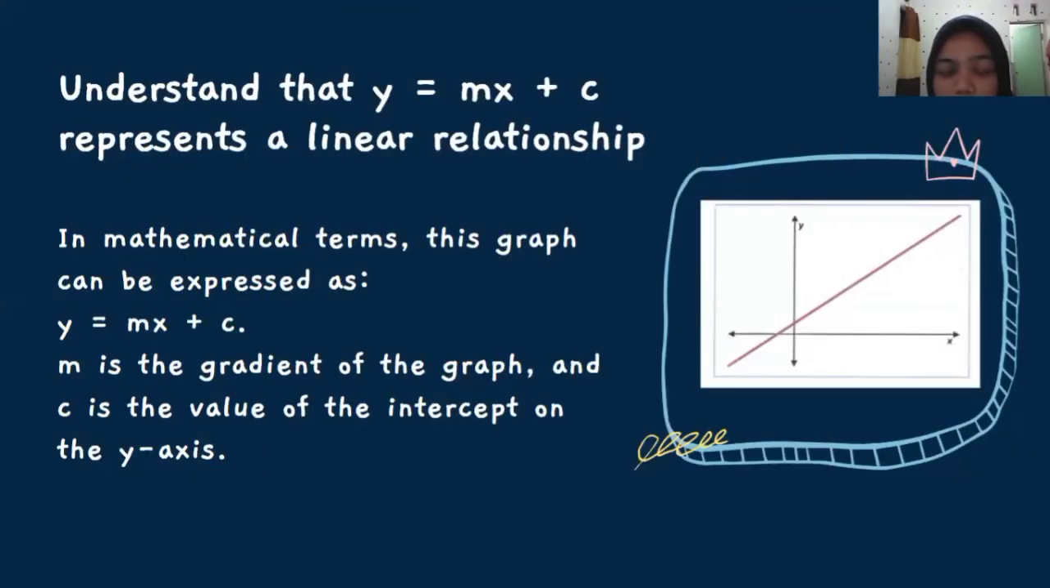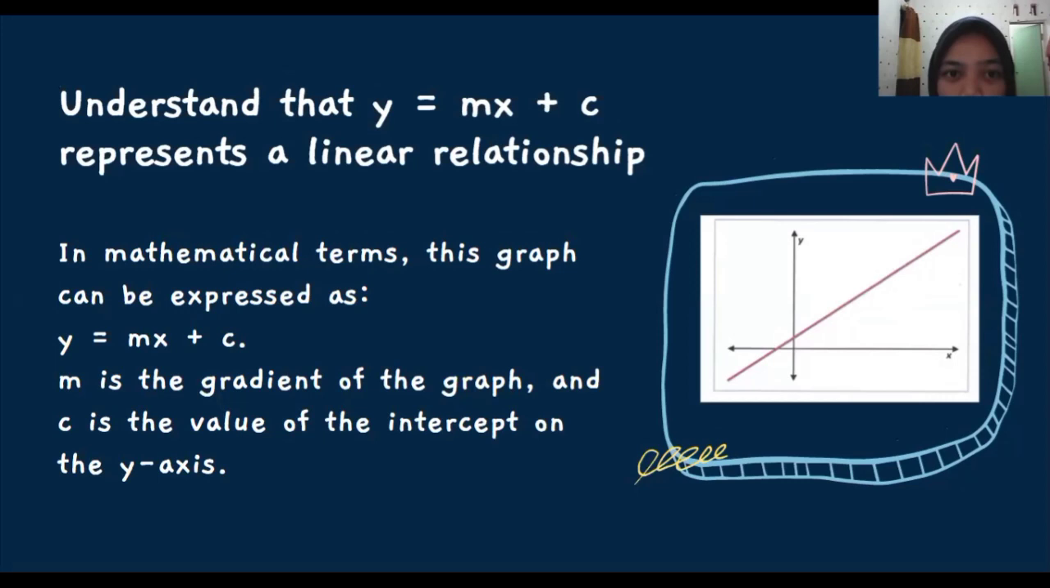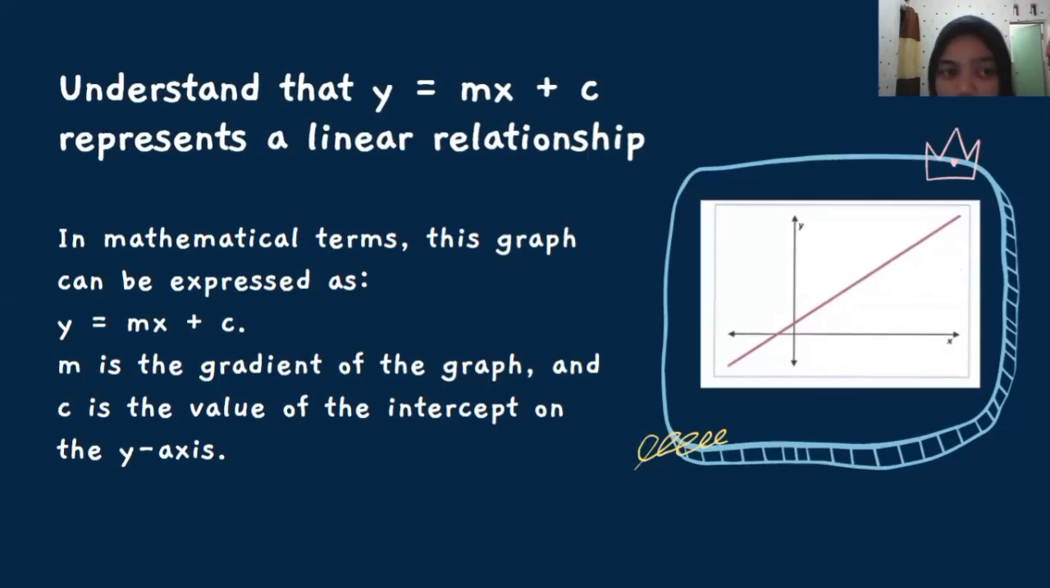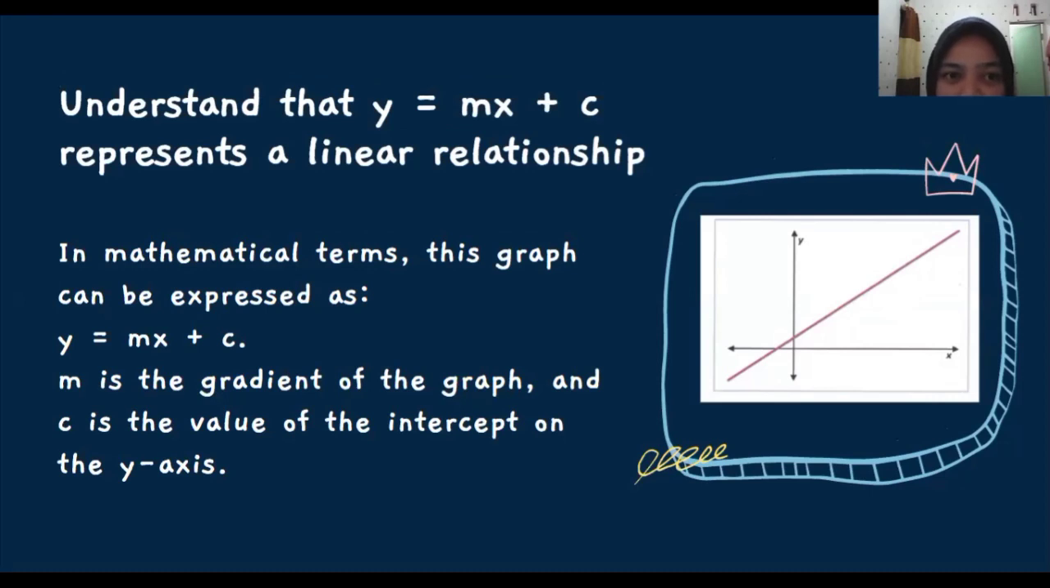And next we are presenting by Denissa. So now I will present about understanding that y equals mx plus c represents a linear relationship. In the mathematical concept, this is a two-way process as discussed in the previous material. We should be able to work out a linear relationship given a graph and be able to sketch a graph